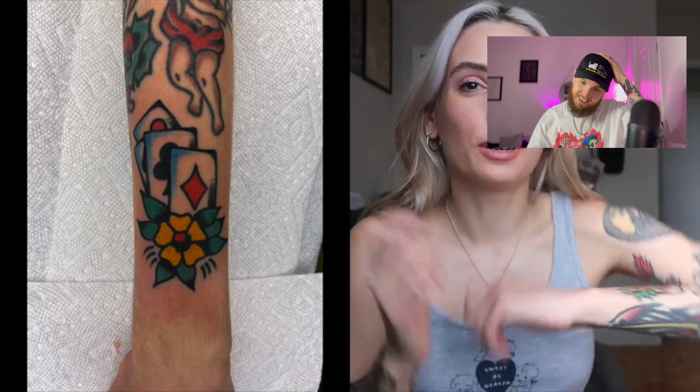Then below, I have a hand of cards. Wait, like a deck of cards? What is it called? I don't know what it's called. I have cards. Those are pretty sick. I love the use of blue ink, which by contrast makes the unshaded skin look white, even though it's actually just clean skin. Then on the back of my arm here, I have a...